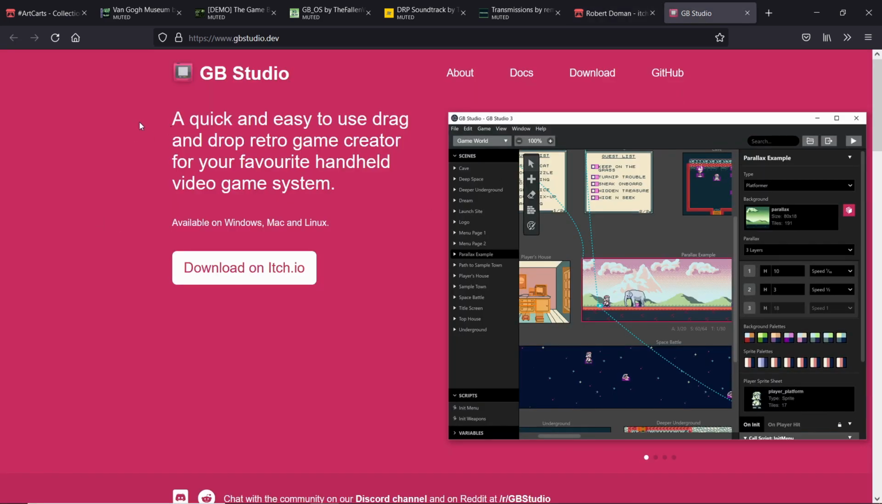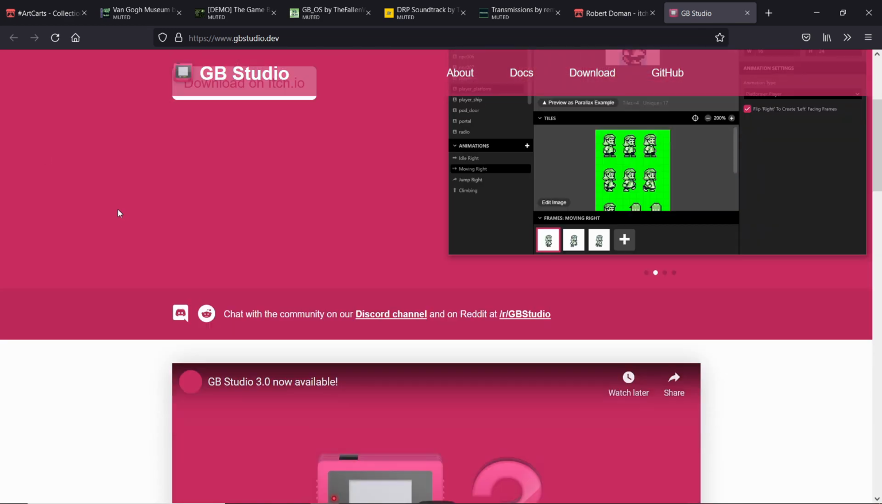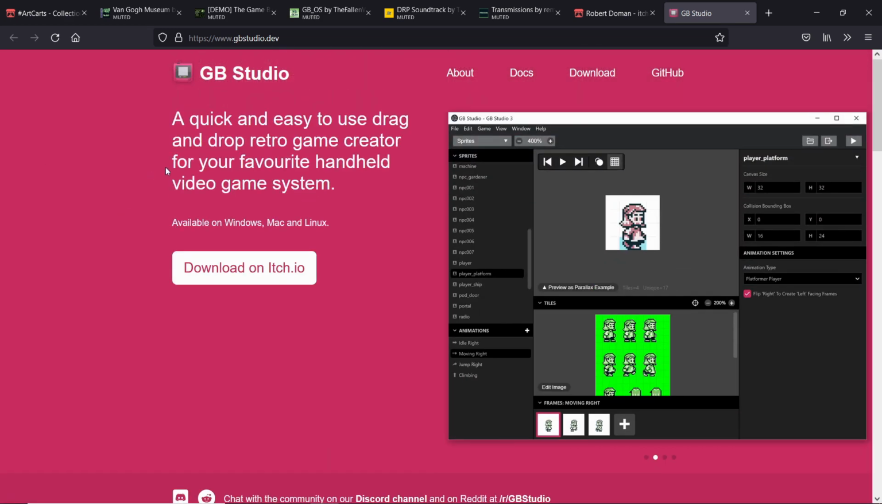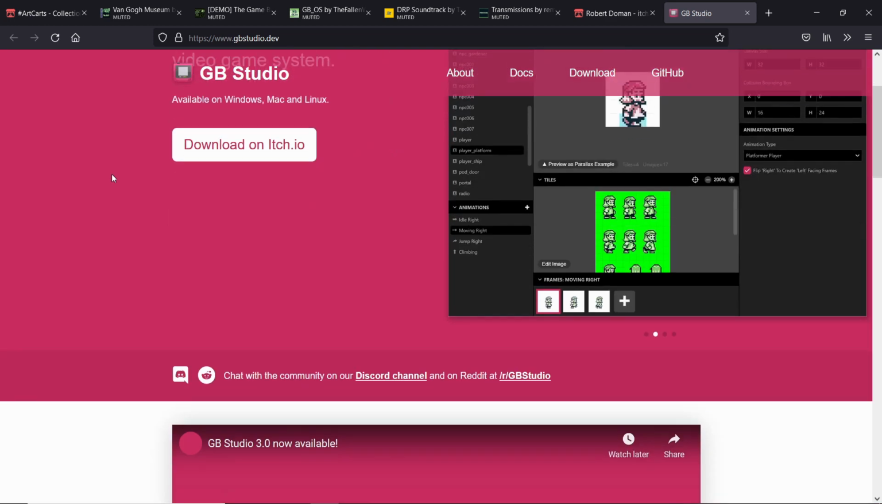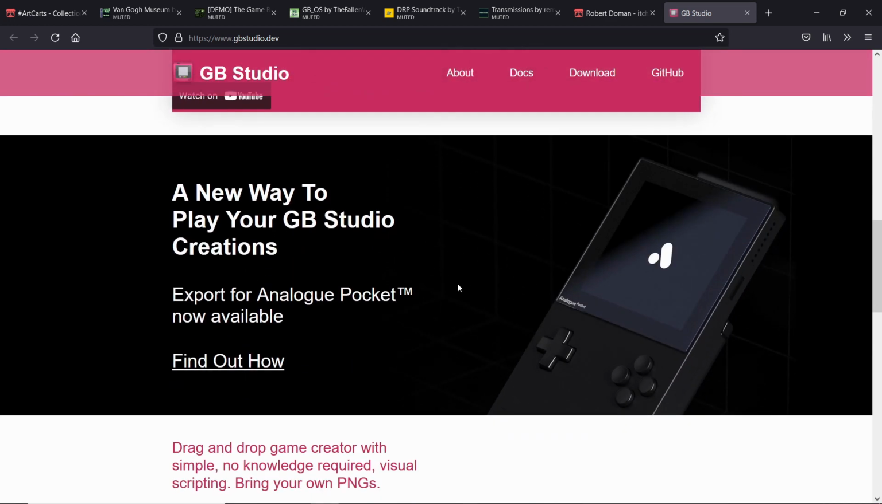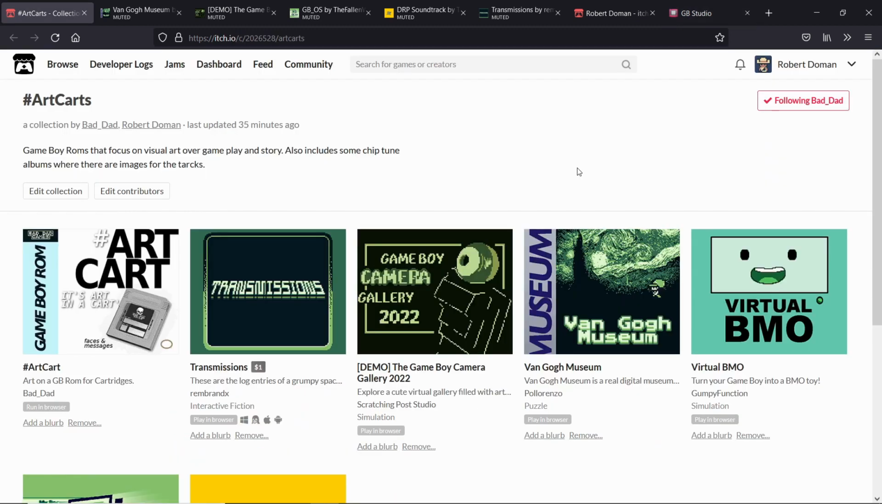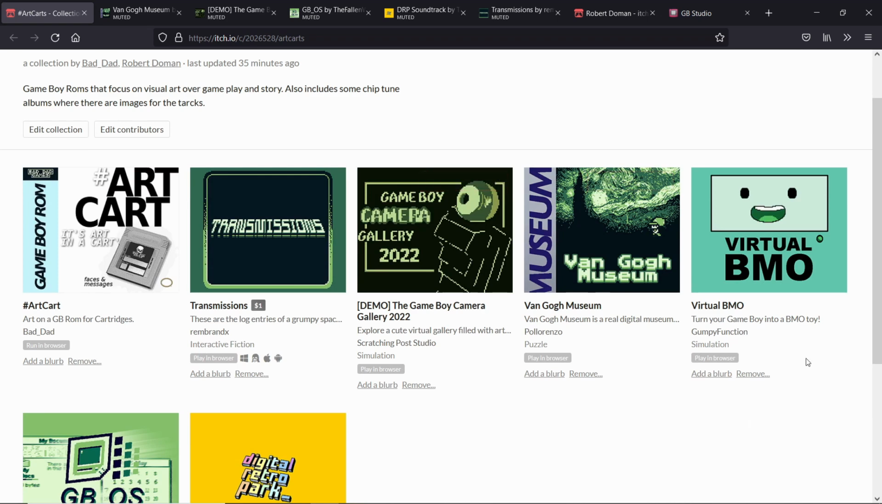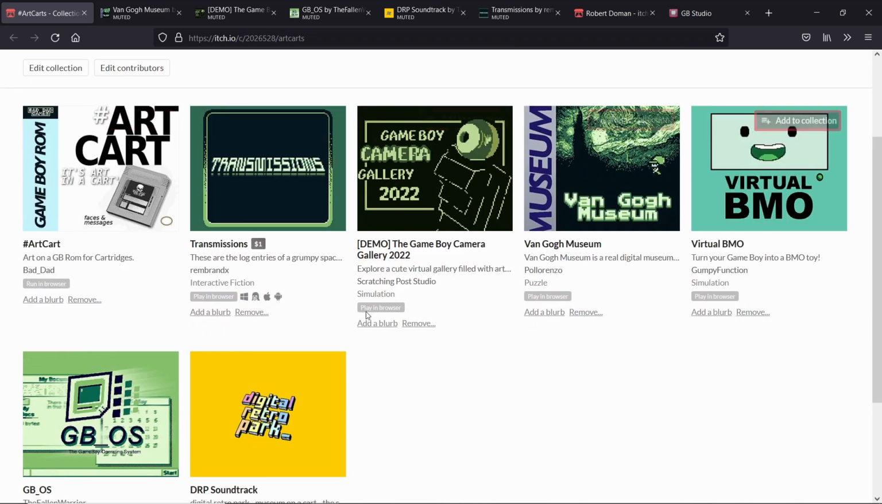So, as you may know, I use GB Studio to make my games. It's a drag and drop game engine that lets you create a ROM which is playable on a Game Boy. It also lets you export for the Analog Pocket. This idea was given to me by Bad Dad. He has made this collection here on Itch that has a few examples of what incorporates the idea of an